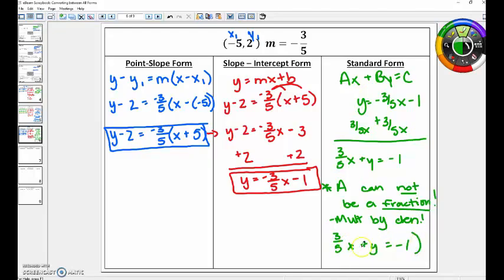When I do that, 5 times 3/5 cancels out and you're left with 3x. You have to multiply 5 times your y. So 5 times y is just 5y. And 5 times your negative 1 becomes a negative 5. And that is the second form. So 3x plus 5y equals negative 5 is our final